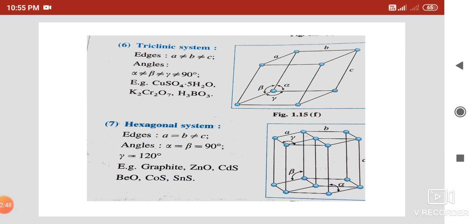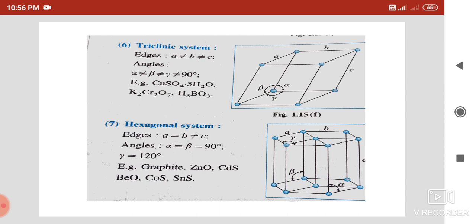Now the sixth type of crystal system is the triclinic system. In this system, again A, B and C, these three sides, are not equal like in the previous case, and here alpha, beta, gamma, all three angles are not 90 degrees, they are of different measures. In the rhombohedral you have seen that A, B, C are equal, alpha and beta are 90 but gamma is not 90. Here alpha, beta, gamma are all not 90 degrees, which is called triclinic. The figure of the triclinic one is shown.